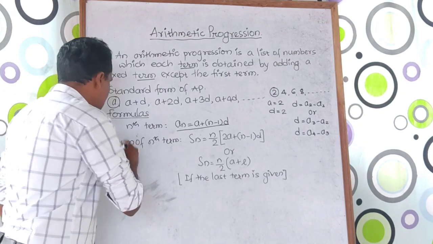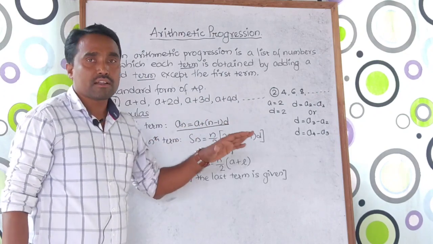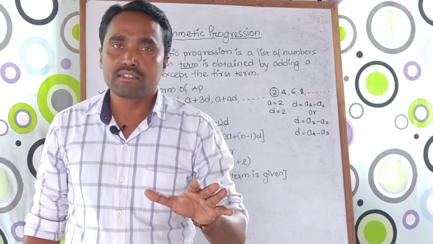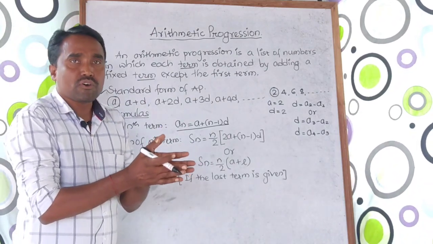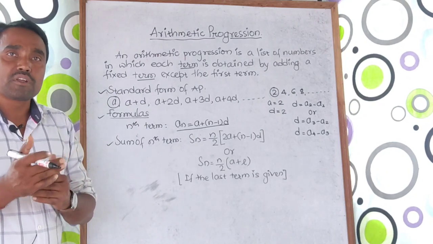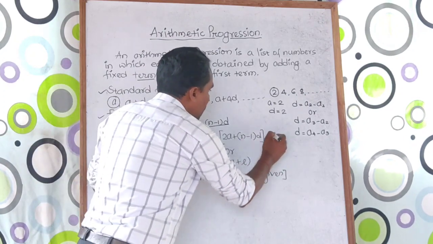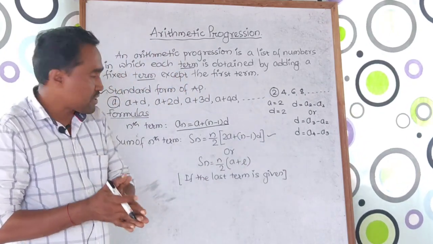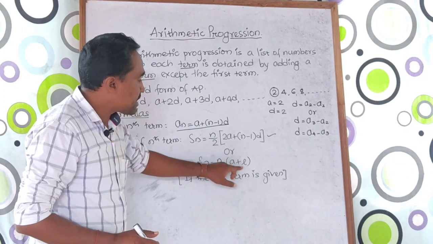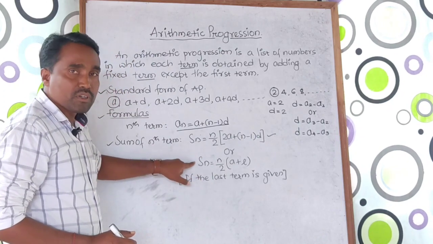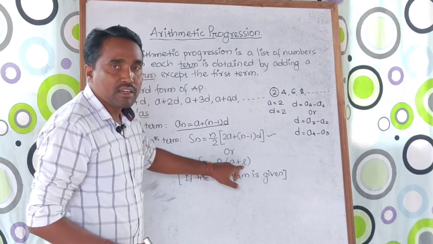If you take the second one, sum of n terms, remember most of the students I have seen so far, especially SSLC students, the 10th standard students, get confused most of the time about when to use the formula for the nth term and when to use the formula Sn. Look at here, the sum of n terms is Sn equal to, this is the formula, or I have one more formula to find out the sum of the n terms. This is n by 2 into (A plus L). But remember, to use this formula one should know the last term, if the last term is given. Here L is for the last term.